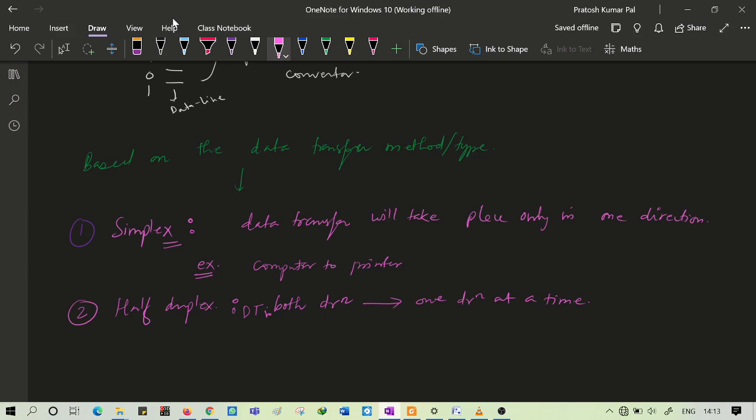So at a time, only in one direction the data transmission will be taking place.